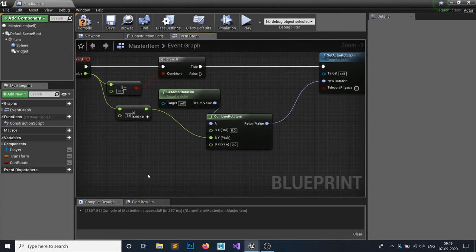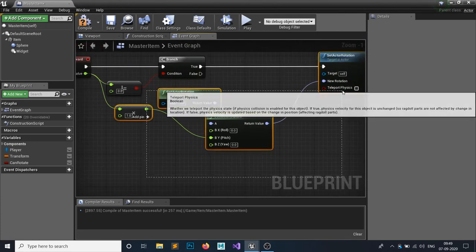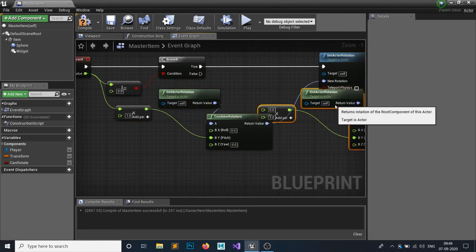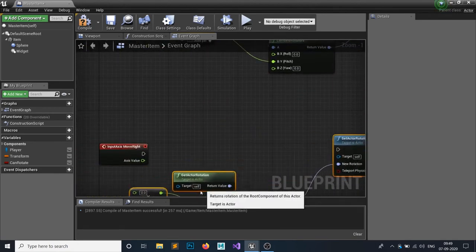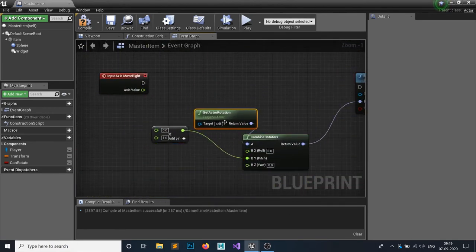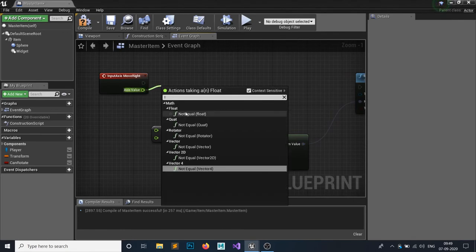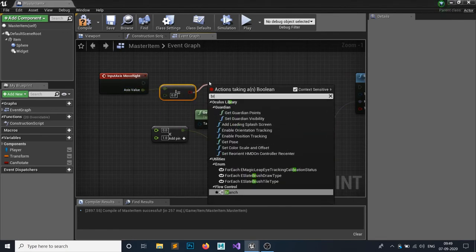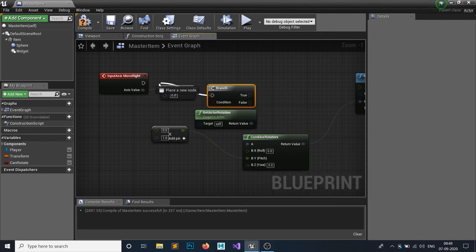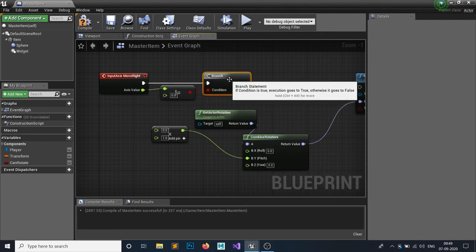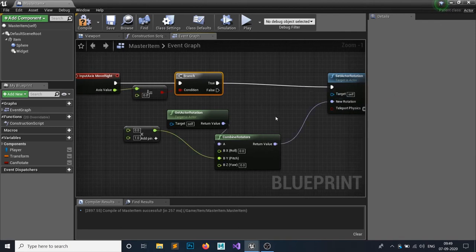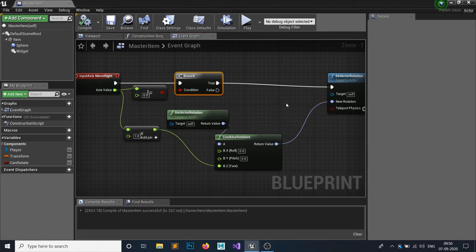So just copy this with Control W, paste and attach it to here, and we must set, if it's not equal to 0, add a branch like this, add to this true part, and set this to your yaw, not pitch, and attach it to here. Make sure you have done this.